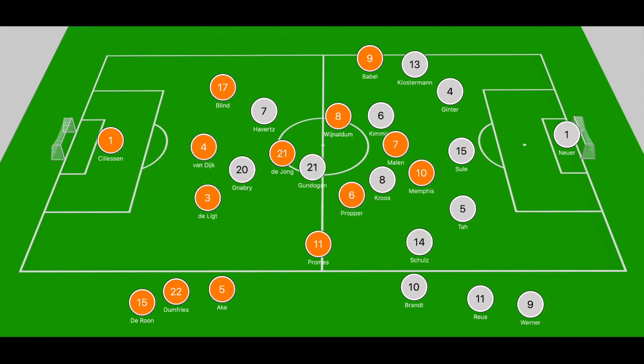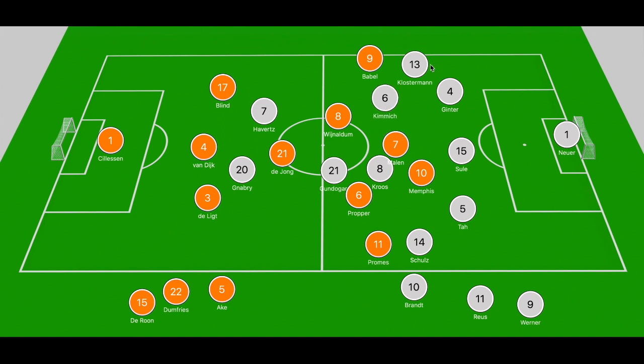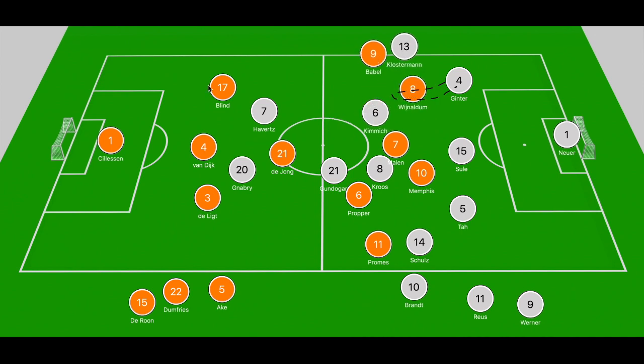However, similar to the two goals that they did concede, another mistake from Germany leads to Holland pushing their lead and eventually winning the game. What you see there from a short free kick in their own half, it's Yinter playing it to Kimmich, and he drops it back to Yinter. You have Wijnaldum step to him, and Yinter can't play to Klosterman, who is closed by Babel, so his clearance